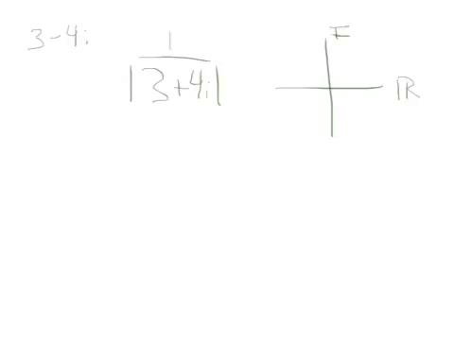3 would be in the real direction, so it's going to be 1, 2, 3. And then 4i is going to be up on the imaginary axis. So instead of the y, like a regular graph, it's going to be 4i instead. So I'm going to go up 4 on the y, or imaginary axis. It's going to be up 1, 2, 3, 4. So right up here. If I'm trying to find the distance from that point down to the origin,